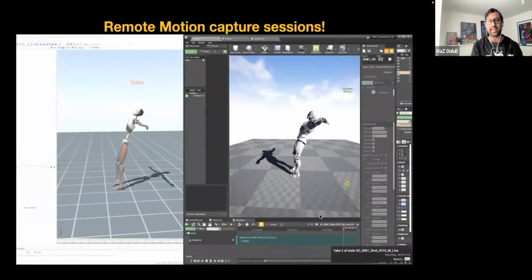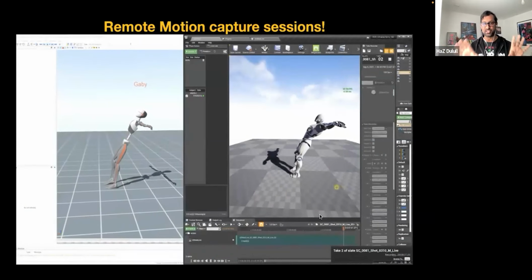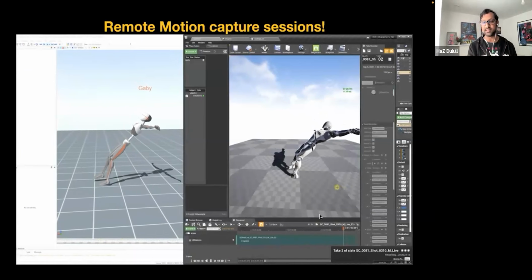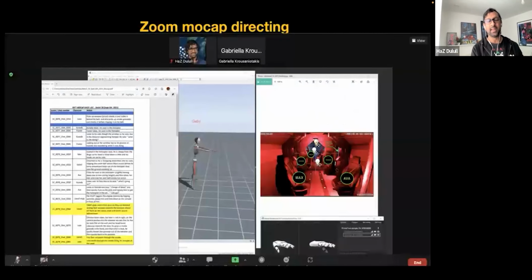So what we end up doing is we end up just having a Zoom screen. I would do like a shot list. In fact, let me see if I've got that here. There you go. So on the left side, I'll do a shot list. Again, very traditional way of doing live action, or any moving theatrical movies or commercials, whatever. A director does a shot list, right? Which has my shot name, the character, and what the action is.